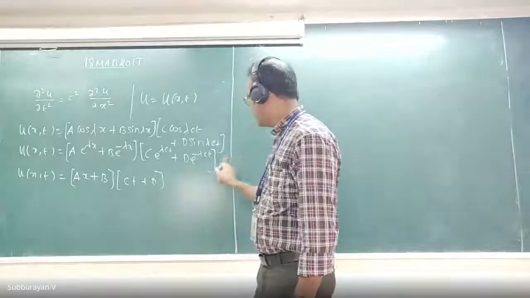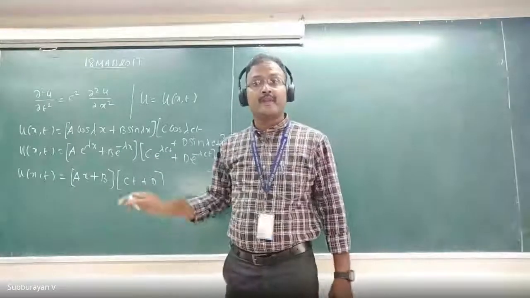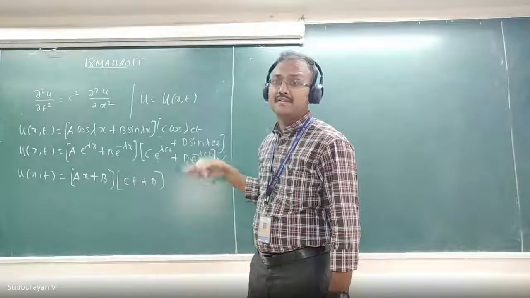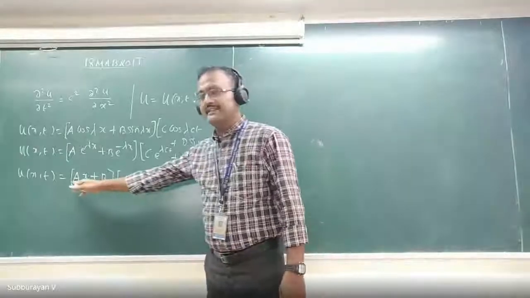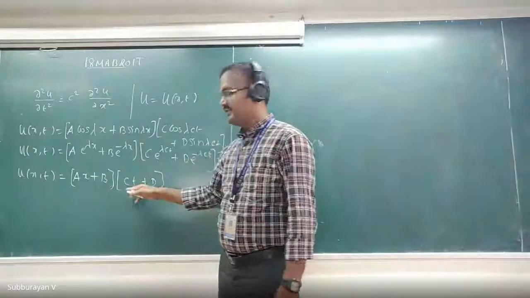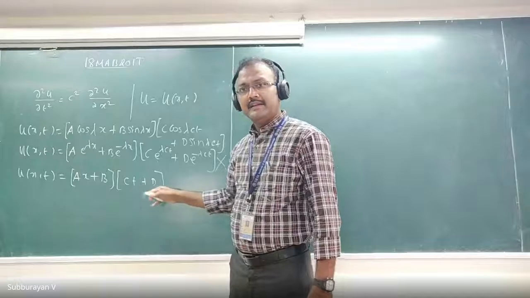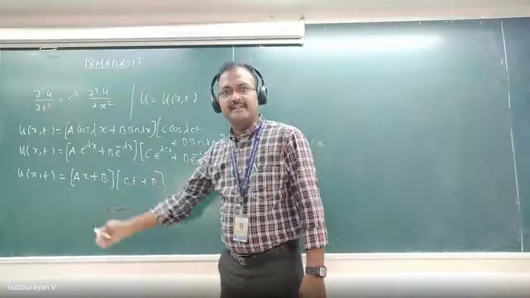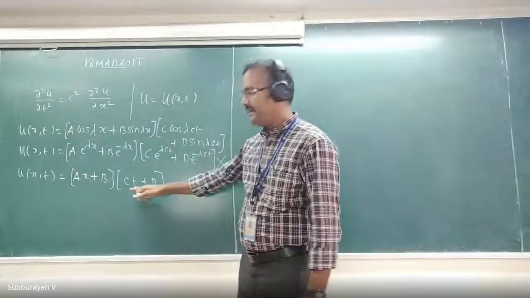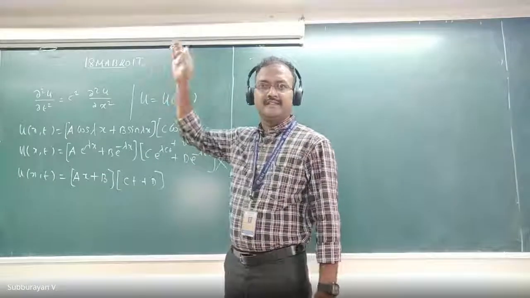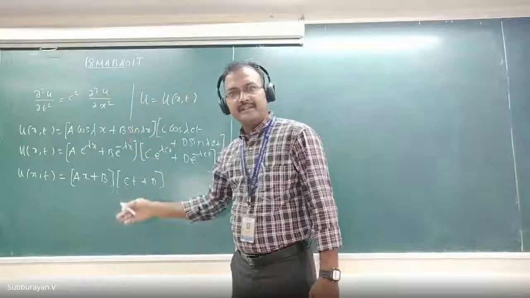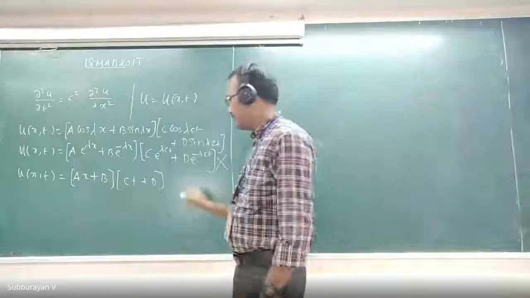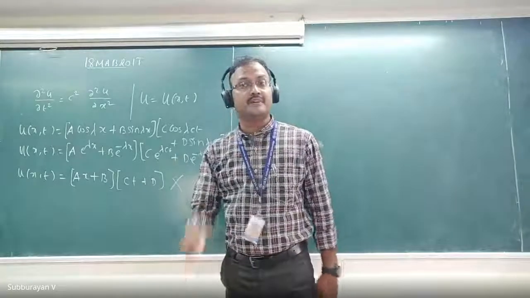See, therefore, this will not be a suitable solution for such a problem, though it is a possible solution. Similarly, this is (ax + b)(ct + d). If x increases, then it increases. If x decreases, then it decreases. Similarly, here if time increases, then it increases, and when time decreases, then it decreases, but it is not showing any oscillatory property. Therefore, this is also not a suitable solution for such a problem.